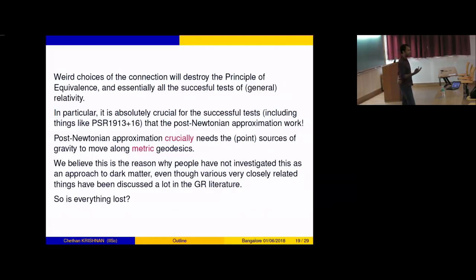The post-Newtonian approximation, which is thoroughly tested at this point, really requires matter sources to move along geodesics. And this binary pulsar test of gravitational waves, all of that uses post-Newtonian tests in great detail, and it has been thoroughly tested, which means that we do need to keep it in place. And so for that, we really need the geodesic approximation to be that of the metric. And the question is,